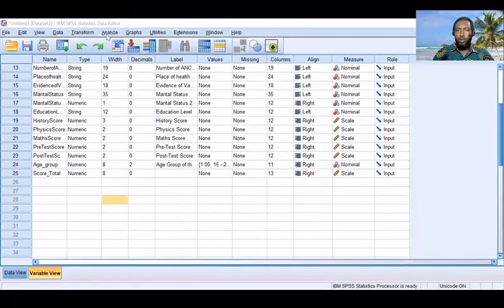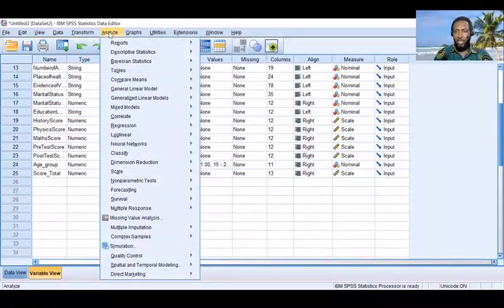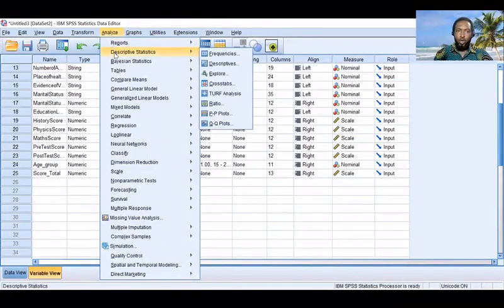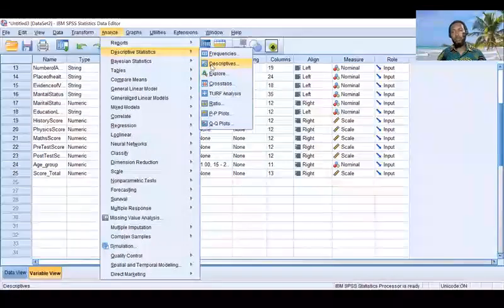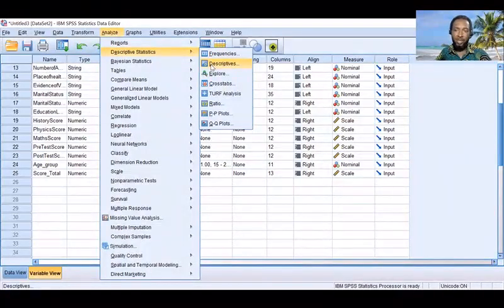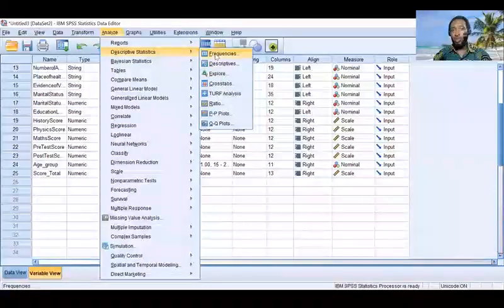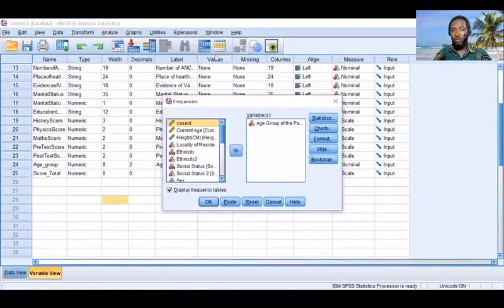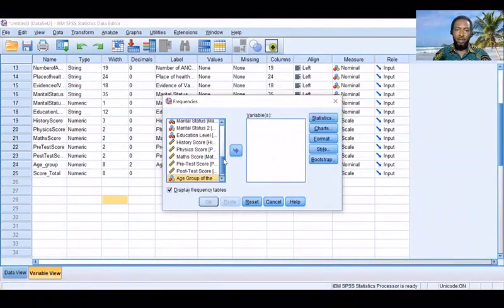So this is where you find your analysis, all the analysis you need to do with SPSS. From Analyze, you go to Descriptive Statistics. Under Frequencies, you find categorical variables, or Descriptives if you're considering continuous variables. However, you can still run continuous variables here. For example, you can add